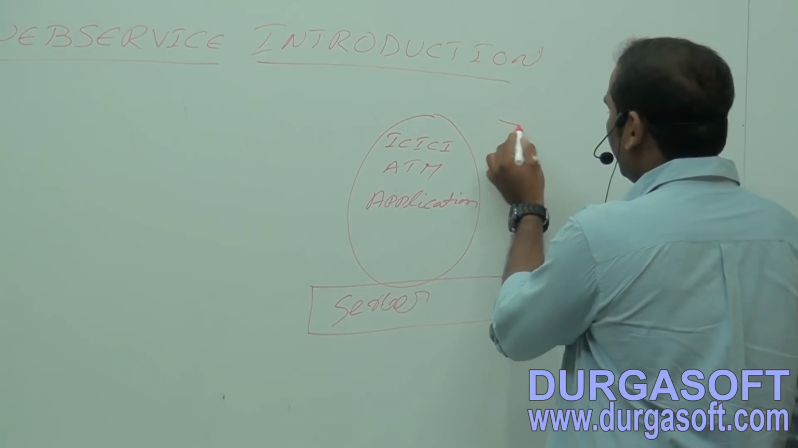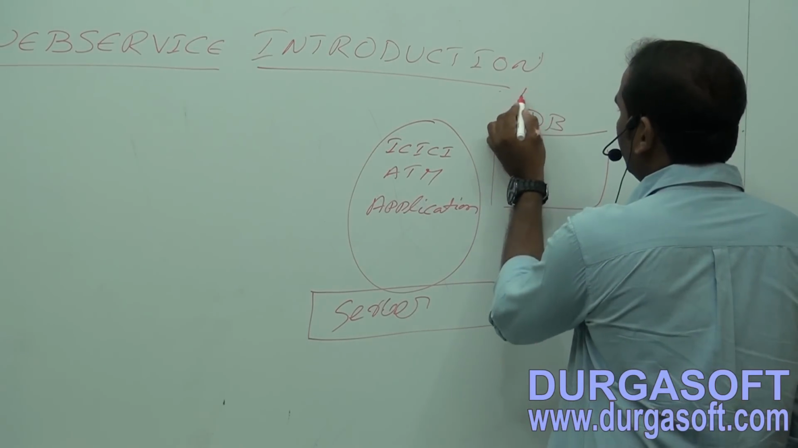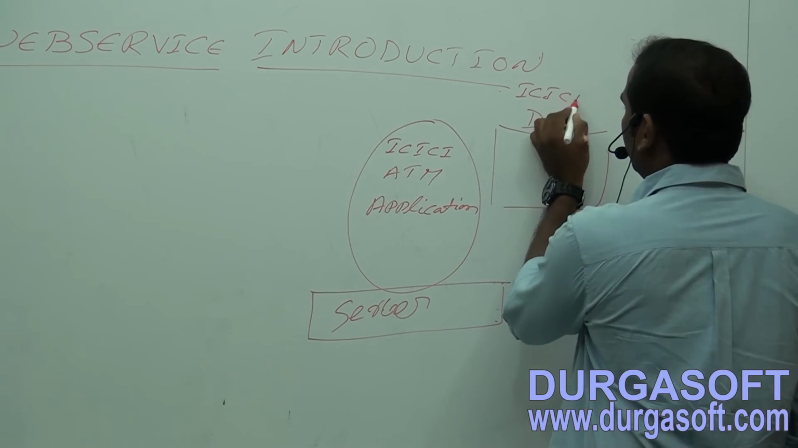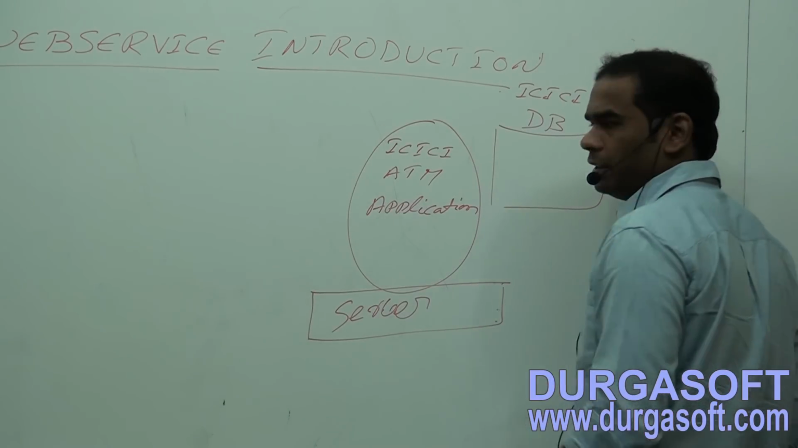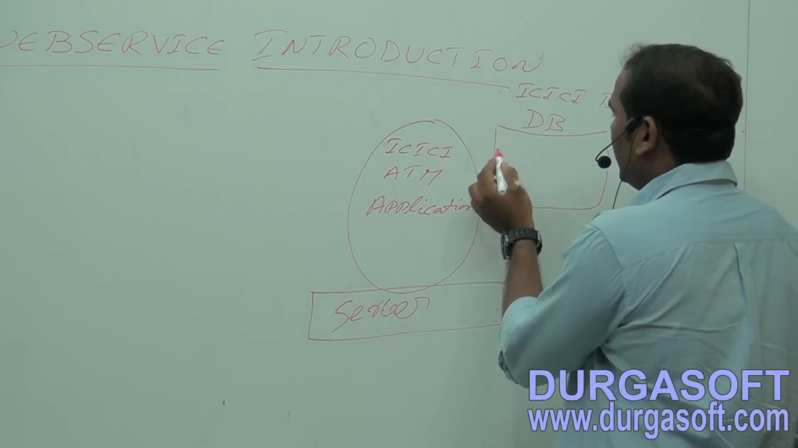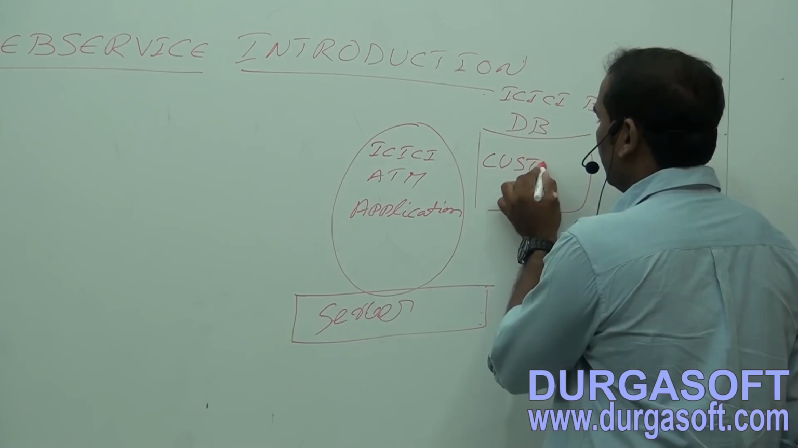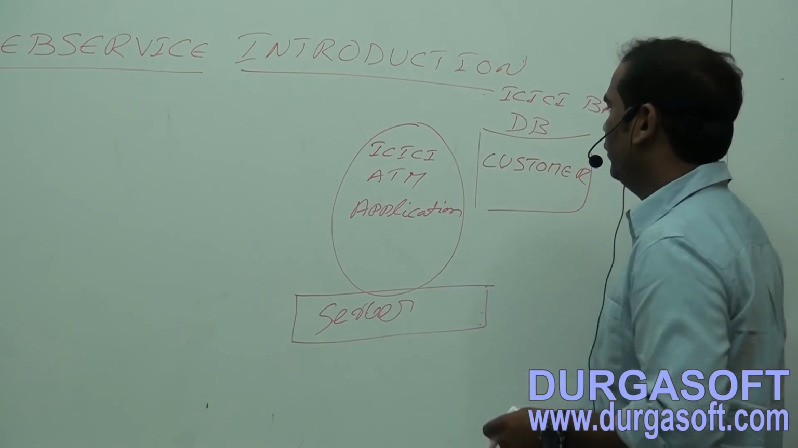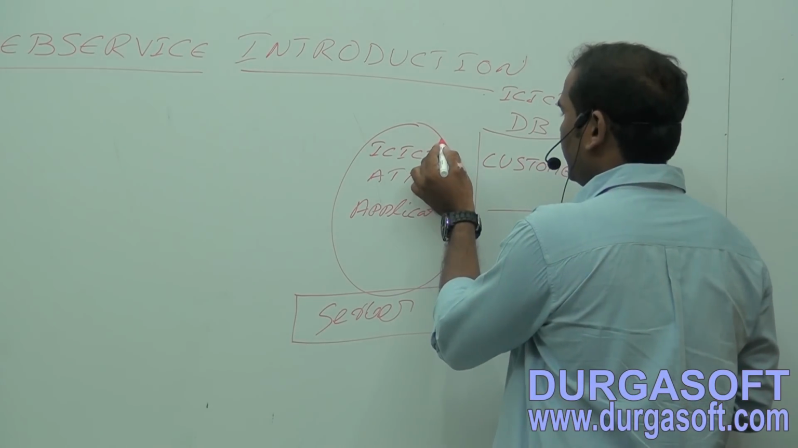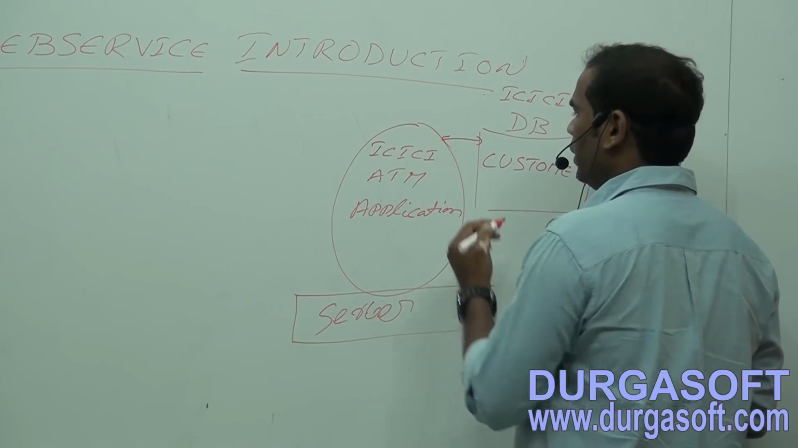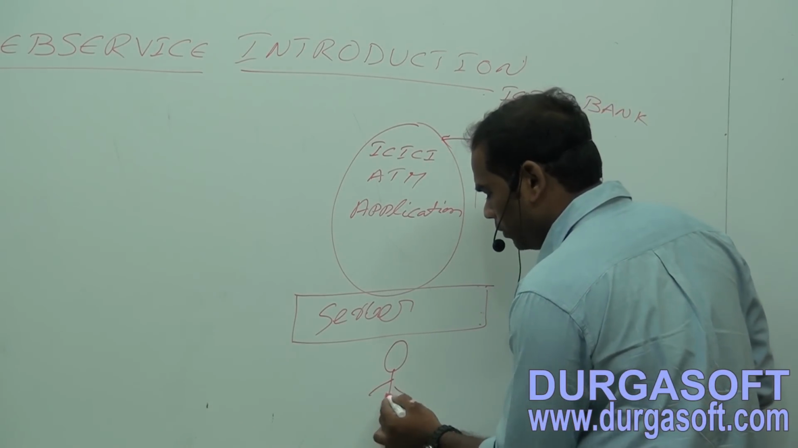This ATM application interacts with the ICICI Bank database. In this database we have the ICICI Bank customers, the ICICI Bank customer details. This application interacts with this database so that whenever an ICICI Bank customer wants to withdraw